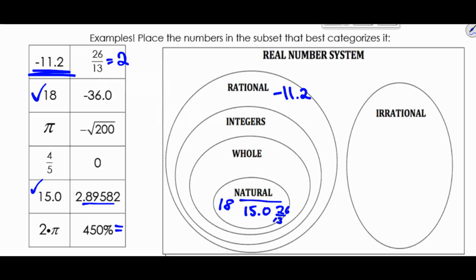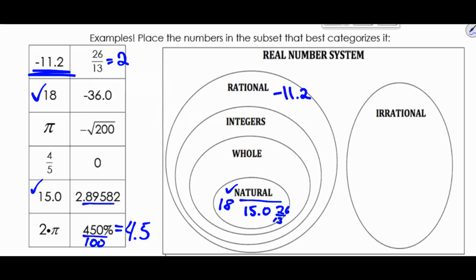This one I'm going to change right away. It's 450%. A percent is just part of 100. That's really what percent means. We're going to divide that by 100. That's really 4.5. So that's also a decimal. It's not going to fit into the natural numbers. So I've gotten all of my natural